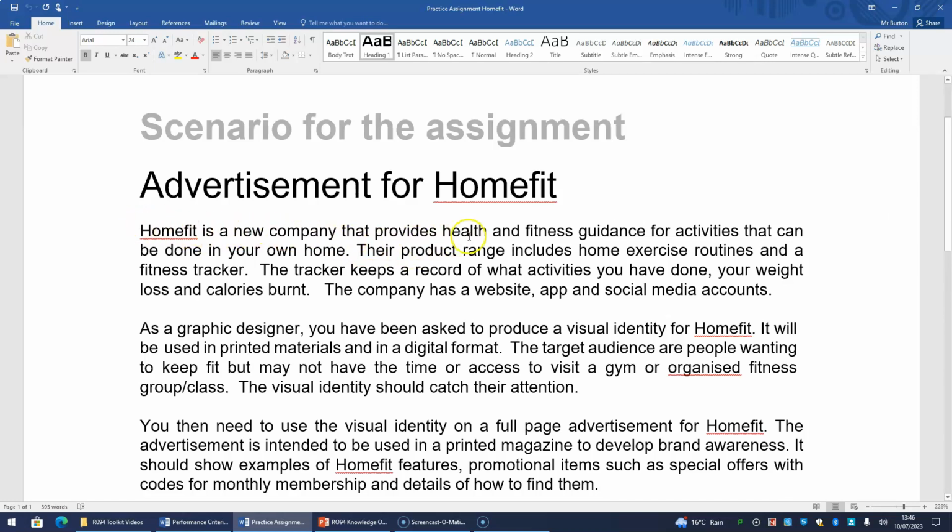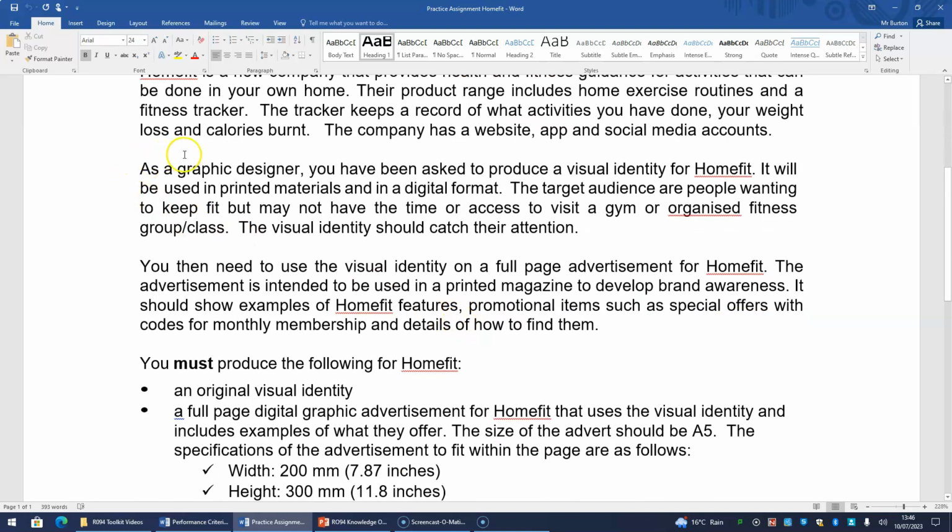So HomeFit is a new company that provides health and fitness guidance for activities that can be done in your own home. Their product range includes home exercise routines and a fitness tracker. The tracker keeps a record of what activities you have done, your weight loss and calories burnt. The company has a website, app and social media accounts. As a graphic designer, so you are working as a graphic designer, you have been asked to produce a visual identity for HomeFit. So the first thing you're doing is you have been asked to produce a visual identity for HomeFit. So, we can copy this across,